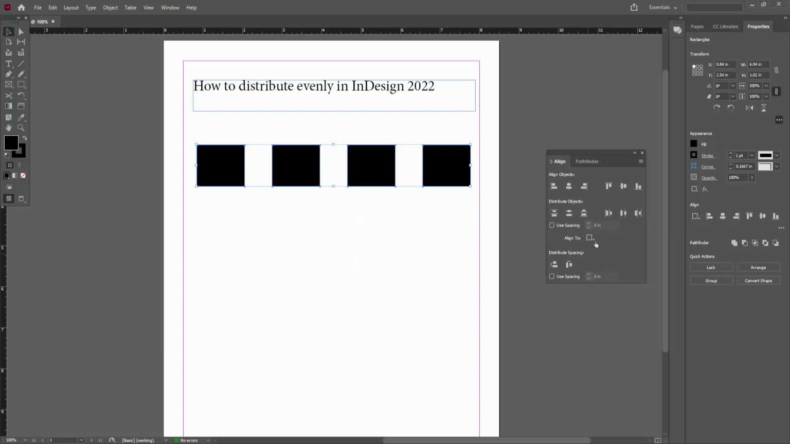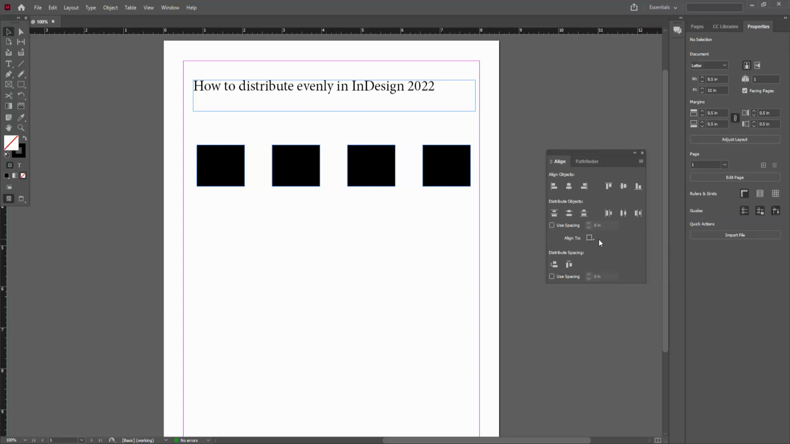Now you can see here the Align To option. Then click the drop down menu and you can select Align to Key Object, Align to Margins, Align to Page, Align to Spread. Now select Align to Selection. Now select the tool and